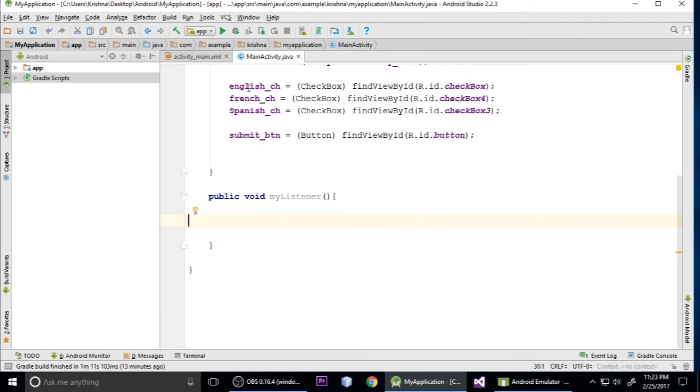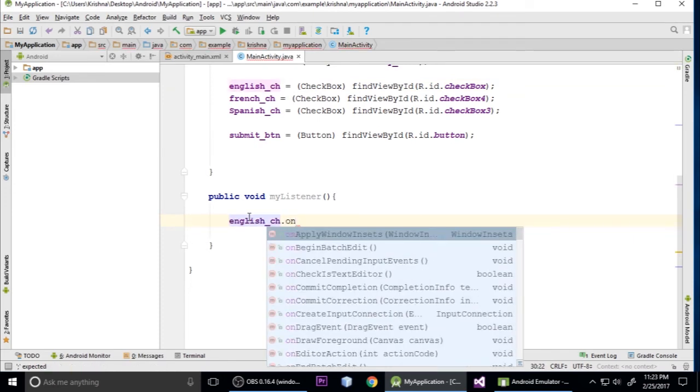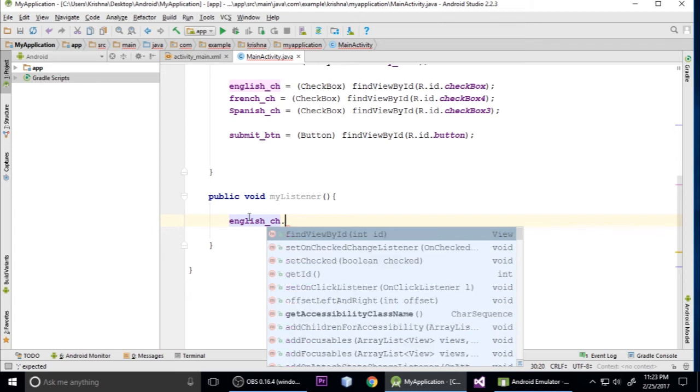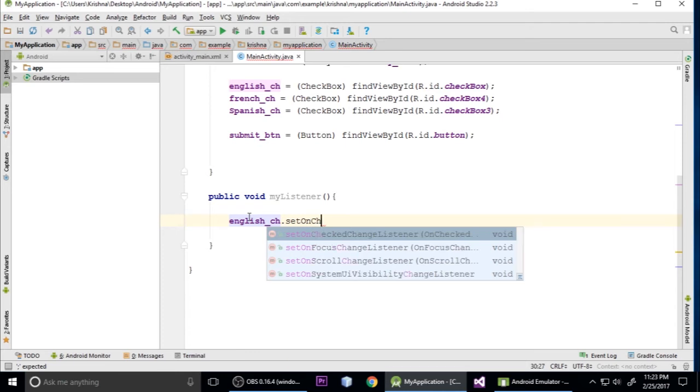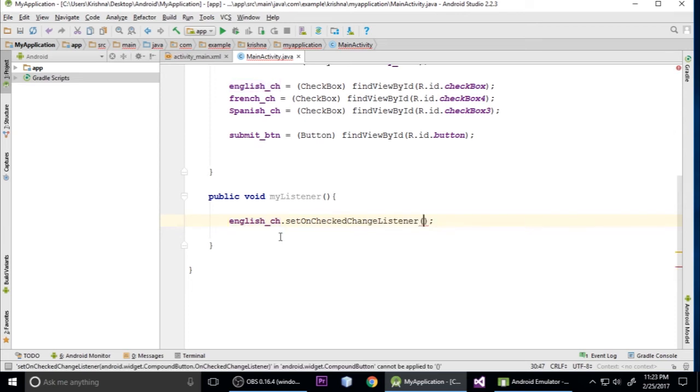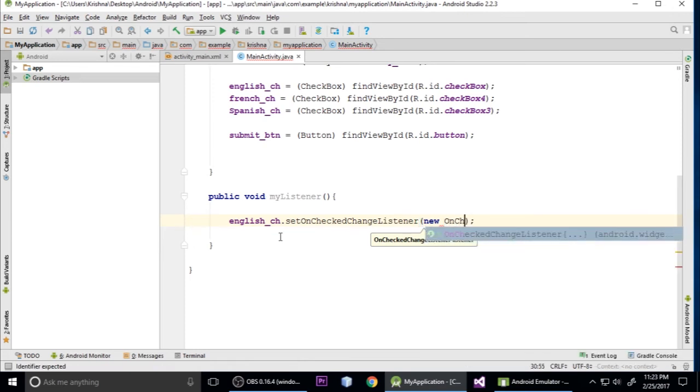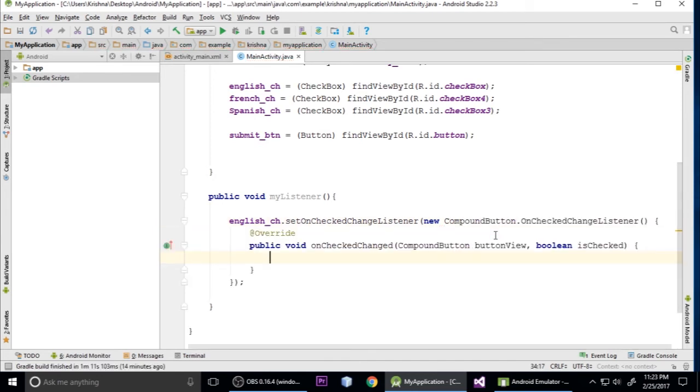put an event listener on English. So the English checkbox, just copy it here, dot setOnCheckedChangeListener, this one. Okay, on checked change listener, and enter. Now put a new OnCheckedChangeListener, this one, and enter. So we have done that, and we have put the on checked change listener